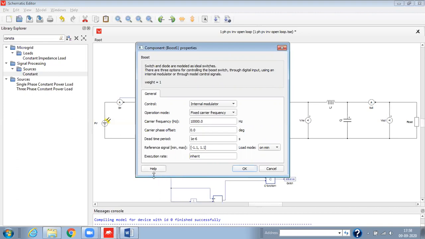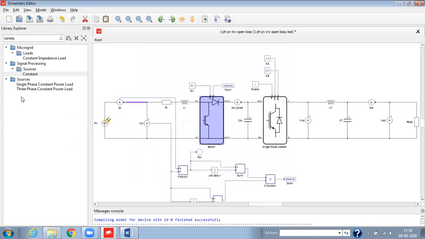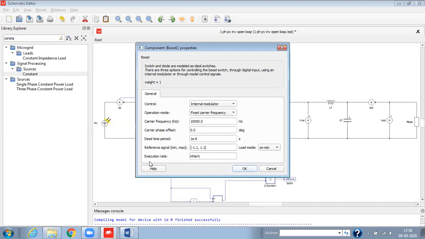Not only this converter: if you have any query regarding any component, you can just double click on that component, click on the help, and get the idea how this circuit is designed.